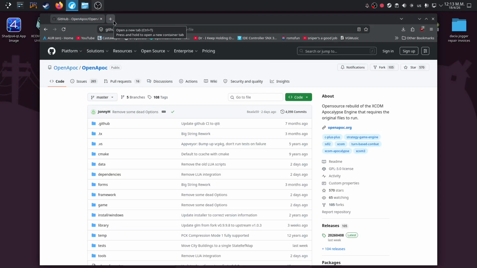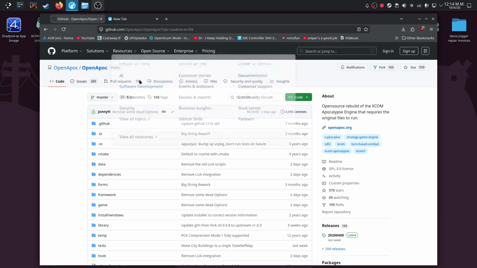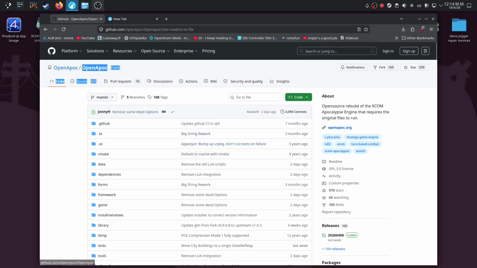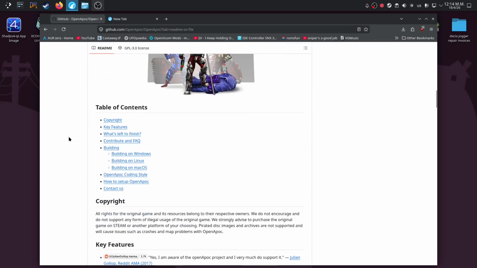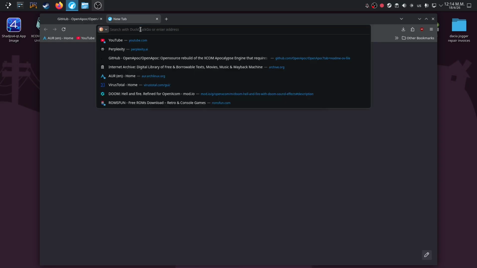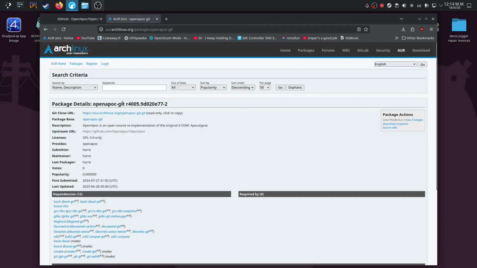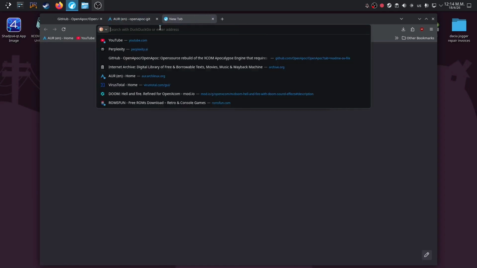and then you can either go to the OpenApoc GitHub page and manually build it, following this guide, table of contents, building on Linux, or you can use my script, or if you're on Arch, you can use the AUR package, this one, OpenApoc-git, or if you're